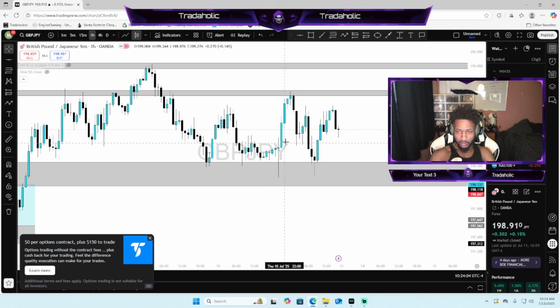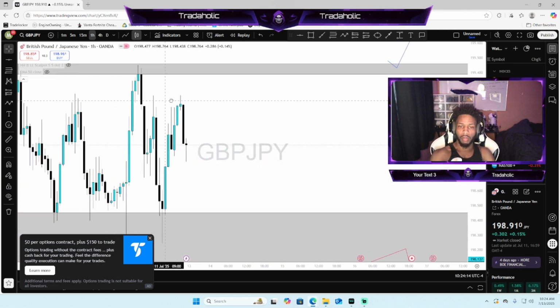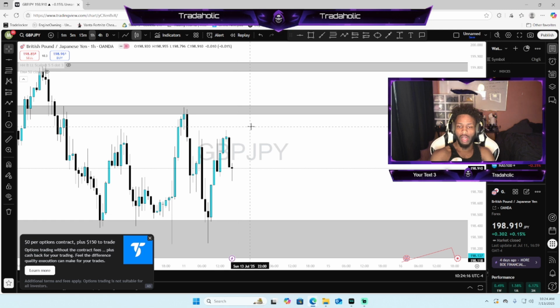And looking on the 1 hour time frame, we're overall inside the 1 hour range. Again, this range is a range that I don't want to trade in. This price action is really choppy. Other than that, we can look to take some buys if we get a break and retest above these previous highs here on GBP JPY.